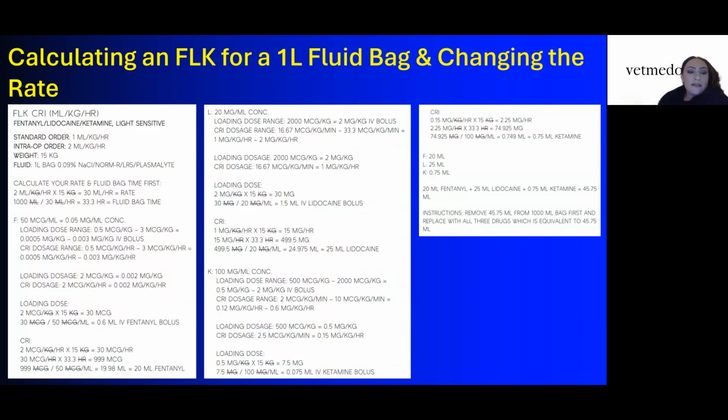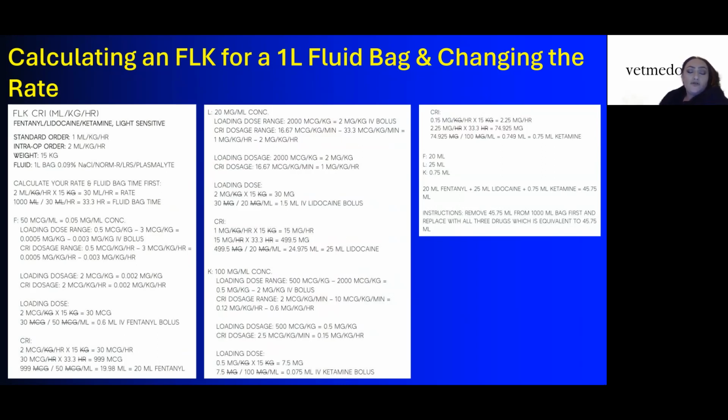The patient's weight is 15 kilograms. Fluid is a 1 liter bag of whatever flavor you'd like to use. They're all compatible with anything. So calculate your rate and fluid bag time first. So 2 mils per kg per hour times 15 kgs equals 30 mils an hour as your rate. 1,000 mils divided by 30 mils an hour equals 33.3 hours for your fluid bag time. So first we need to figure out